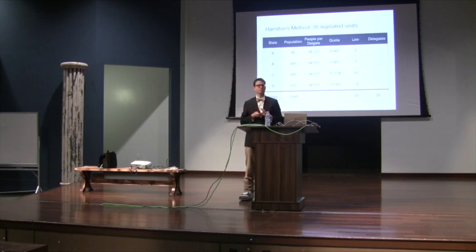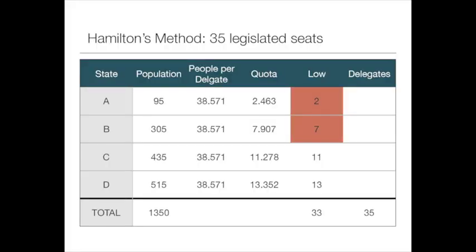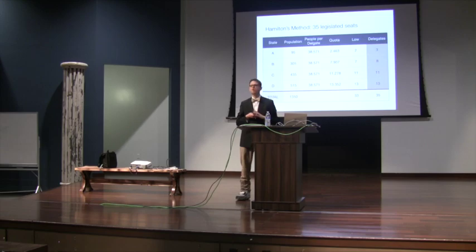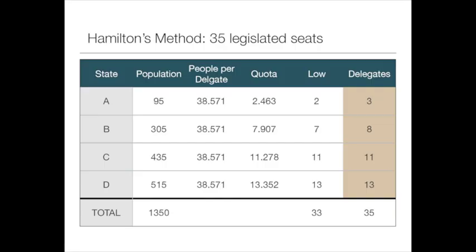Who's the next one? A at 2.463. Right? So A and B get an extra delegate. That gives me my 35, and I'm good to go. Make sense? For those of you that looked at the original numbers and said something like, well, I think that